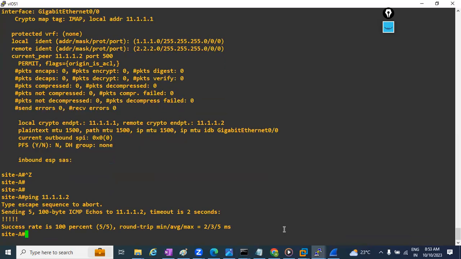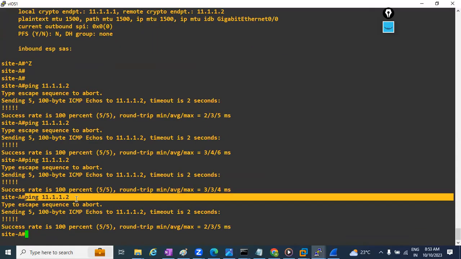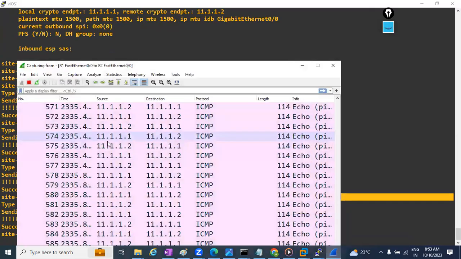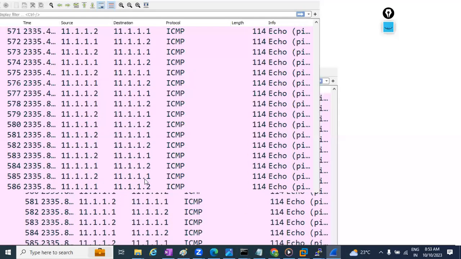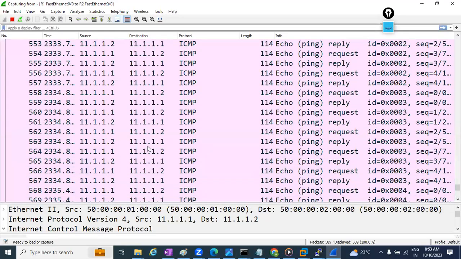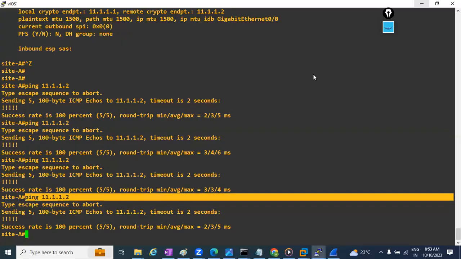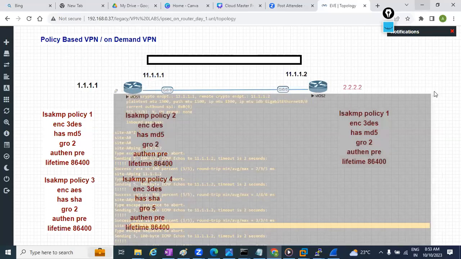This ping is between what? This is site A. I'm just pinging with 11.2, and as you can see in Wireshark here, the source is 11.1 and the destination is 11.2. But it doesn't mean that my tunnel is up. No, because what have we configured the tunnel for? I have configured the tunnel between the